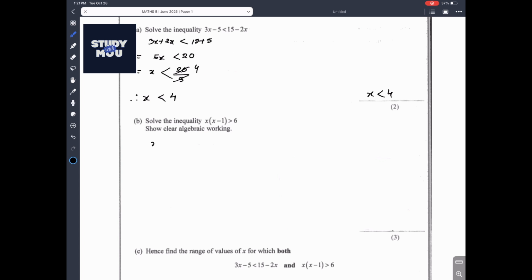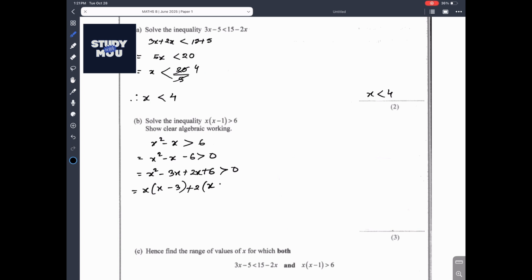greater than 6. x squared minus x greater than 6, so x squared minus x minus 6 greater than 0. Let's split the middle term here. x squared minus 3x plus 2x minus 6 greater than 0. Let's take x common: x minus 3. Let's take 2 common: plus 2 open bracket